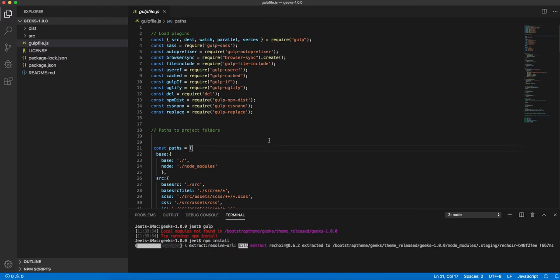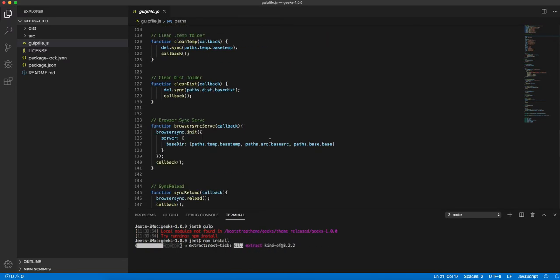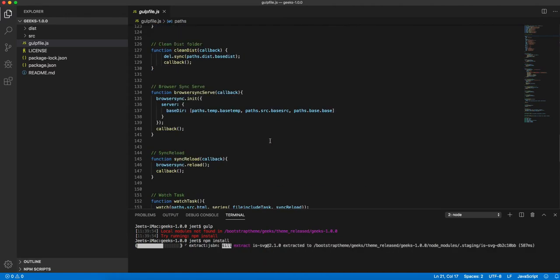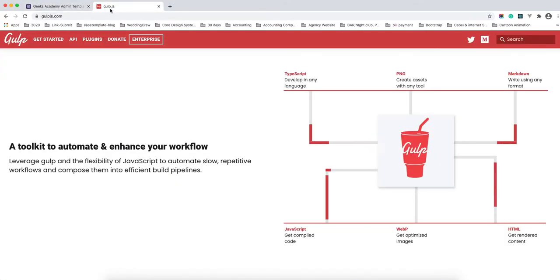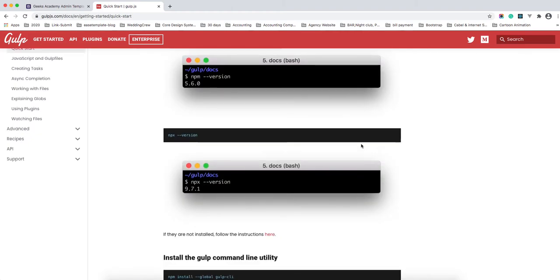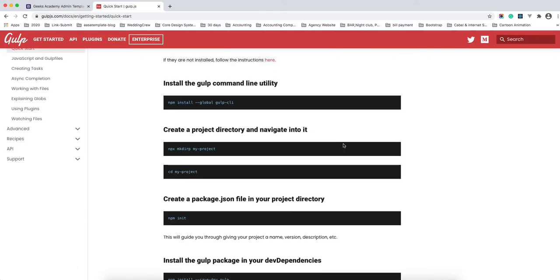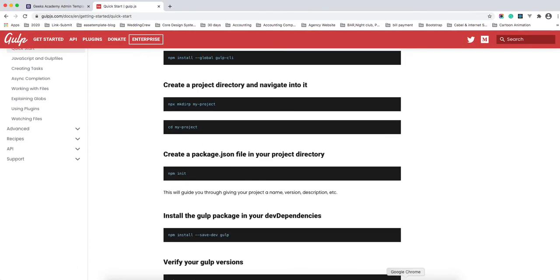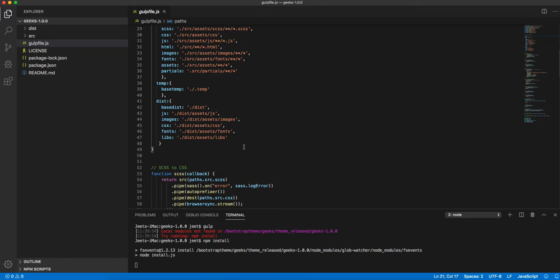You will see here the entire Gulp file, so you can easily understand how it works. The Gulp is built with the latest version of Gulp. Here is the Gulp.js file, and you will get started here. If you are a beginner and you want to learn Gulp, then this will be very helpful, and how to create a workflow for Gulp. So let's check our theme. Now it's still installing. There is a lot of data in the npm install library and everything, so it will take some time.